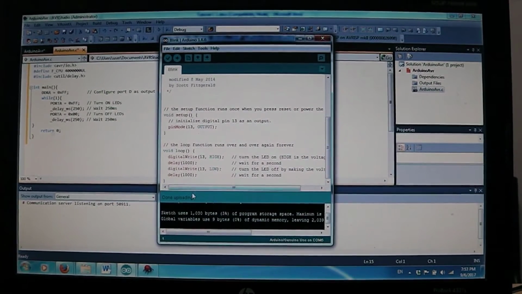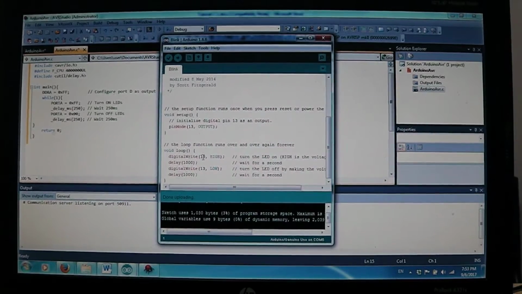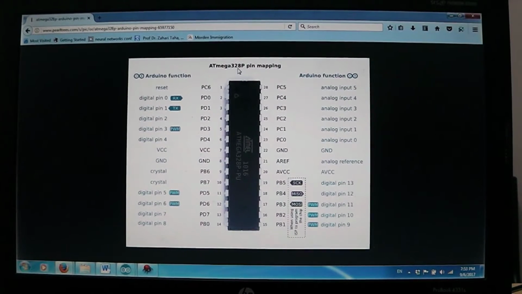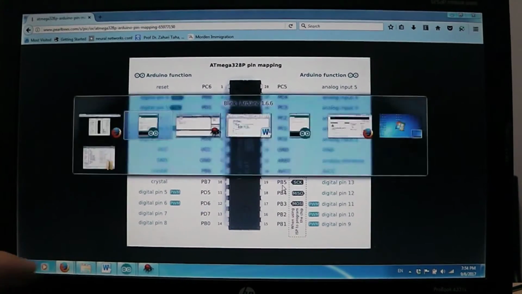second. Okay, so now before that we need to see which pin is connected to LED 13. If we search in Google, for example, for Atmega 328P pin mapping, we need to have the mapping between Atmega 328P and Arduino. As you can see here, digital pin 13 is connected to port B pin 5. So we come back to the program